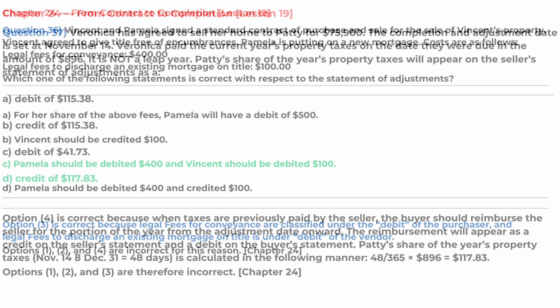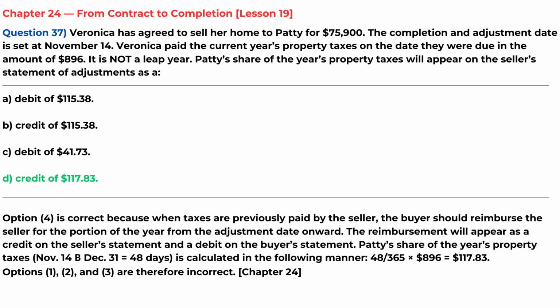Chapter 24. Question 37. Veronica has agreed to sell her home to Patty for $75,900. The completion and adjustment date is set at November 14. Veronica paid the current year's property taxes on the date they were due in the amount of $896. It is not a leap year. Patty's share of the year's property taxes will appear on the seller's statement of adjustments as a Option 4, credit of